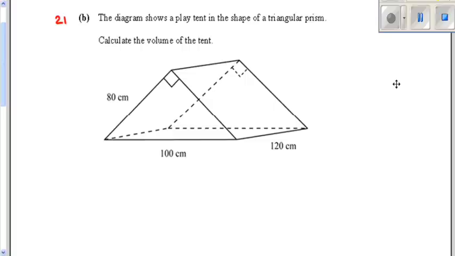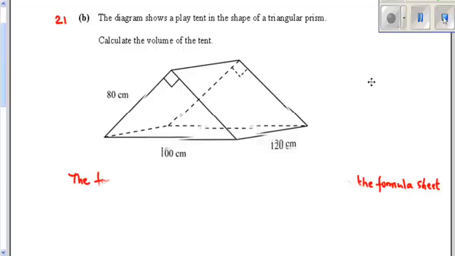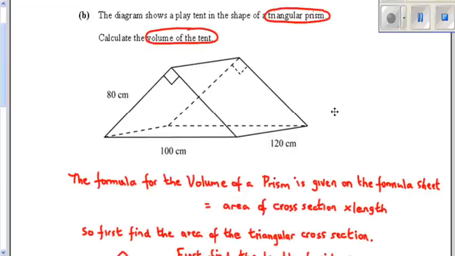Okay, so here's question 21b, and you're asked to work out the volume of this triangular prism. If you want to stop the video and have a go at that, we'll go through the solution in a moment. Okay, so for 21b,